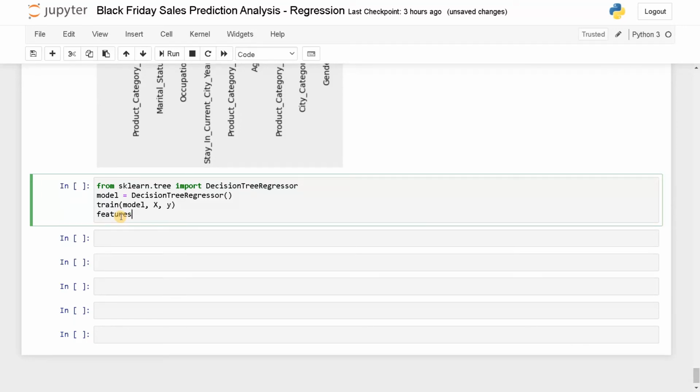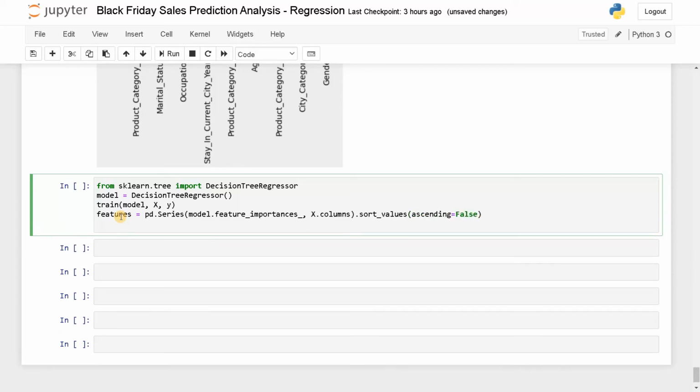So features equals pd.Series(model.feature_importances_, x.columns).sort_values(ascending=False). Now features.plot, kind equals same type, that is bar, and title is feature importance. Let's run this now.